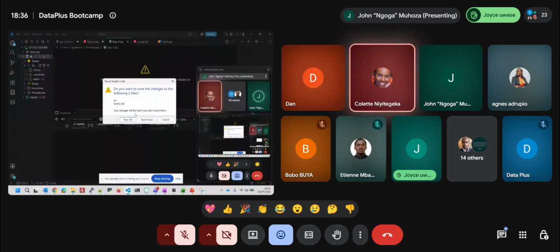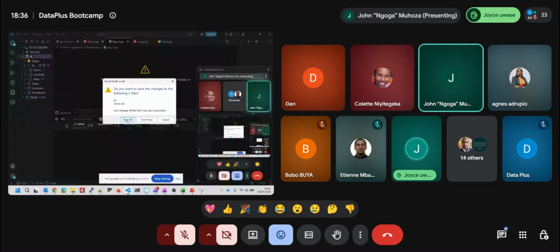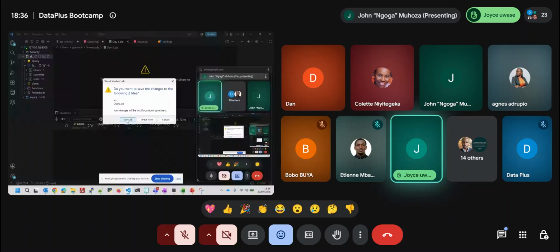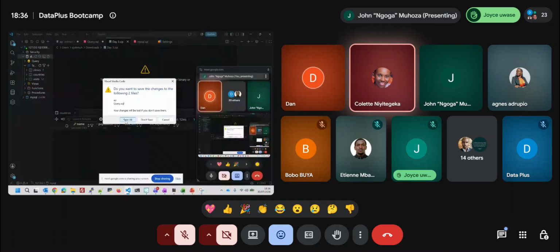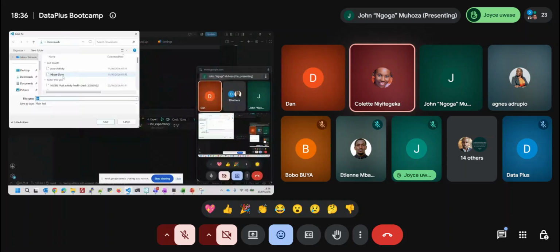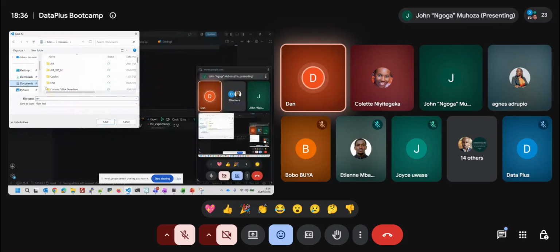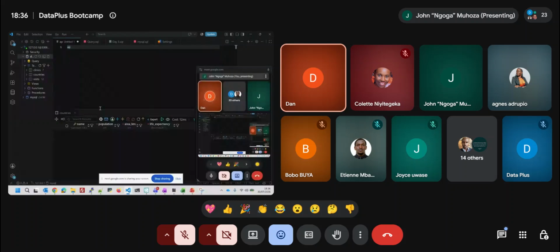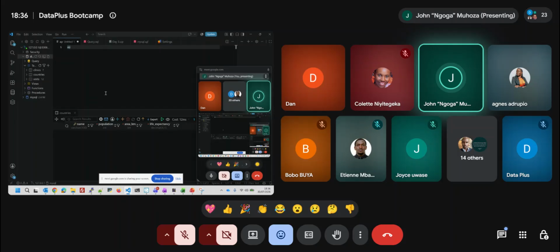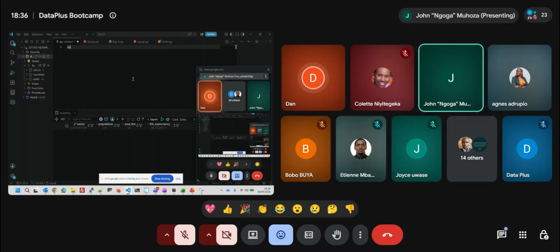So here, let's click save. We all cannot see your screen. Should I save also? Yeah, no worries. First save. It's directing me again. So it means there is something you had opened in VS Code that you hadn't saved. Okay, can I close the VS Code and then reopen again? No, no need to. Instead,